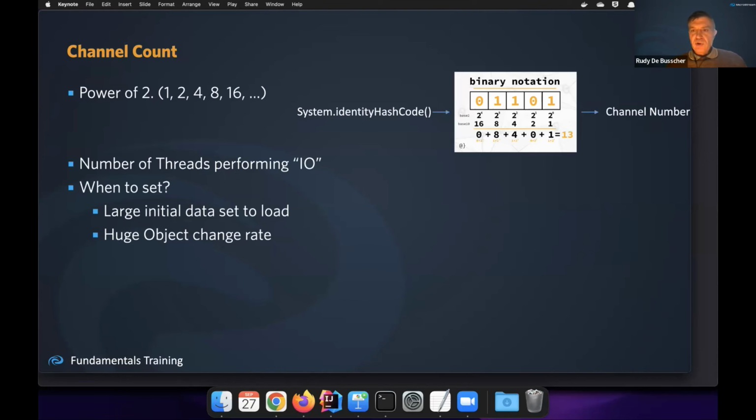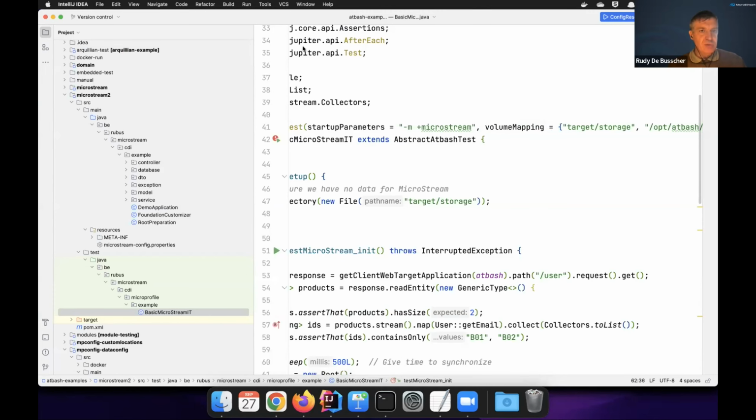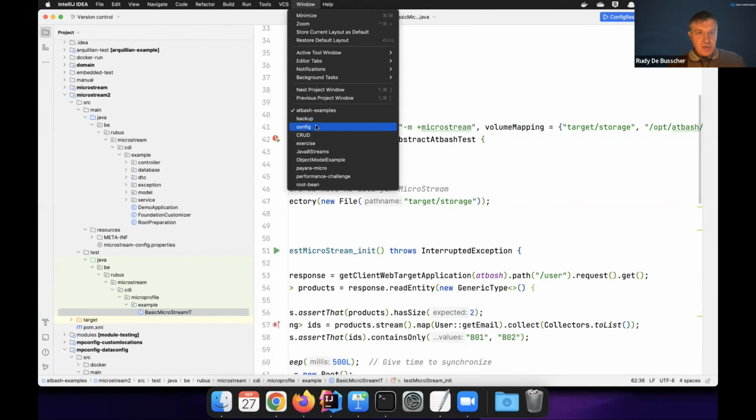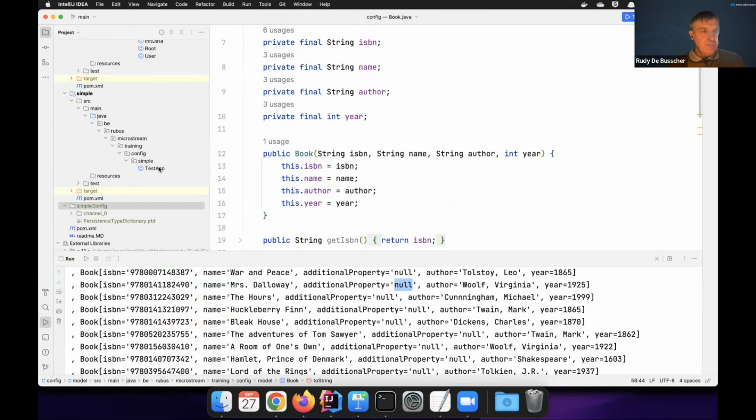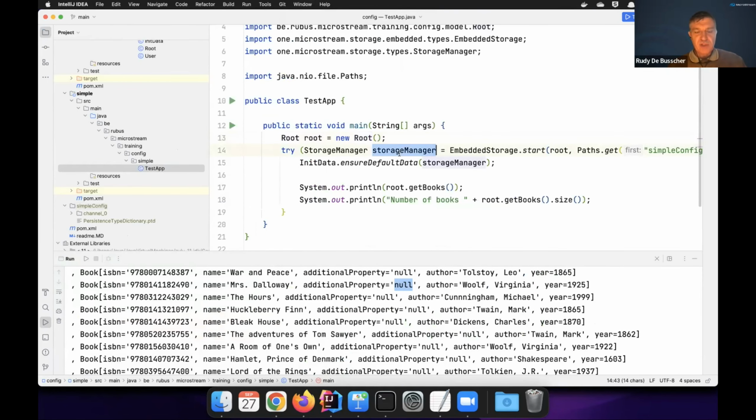Back to the code, where I then cover the question. Let's take this first: can we have multiple storage managers? Yes, you can have 2, 5, 10, 20, whatever storage managers you like, but be aware that they should be connected to different paths,